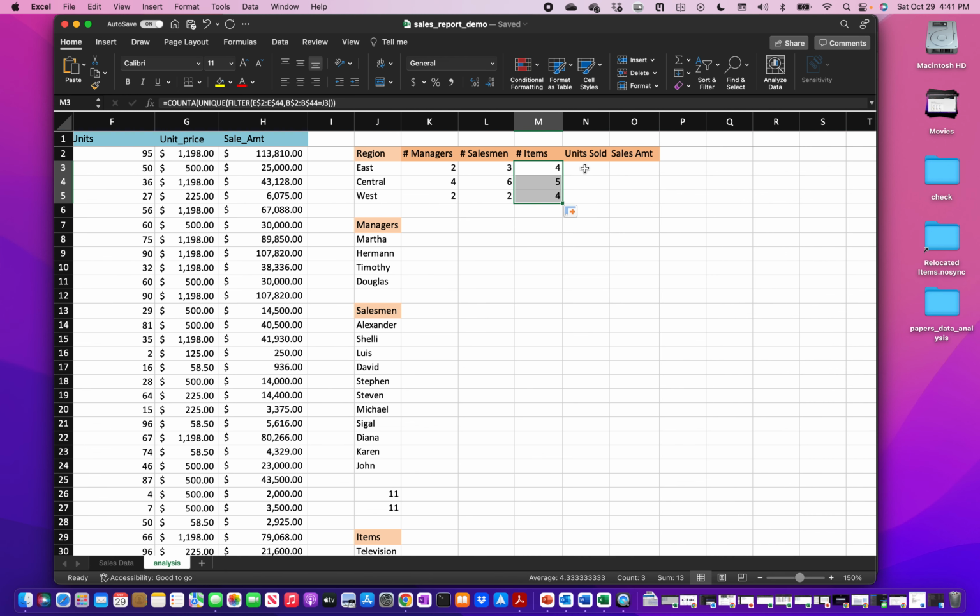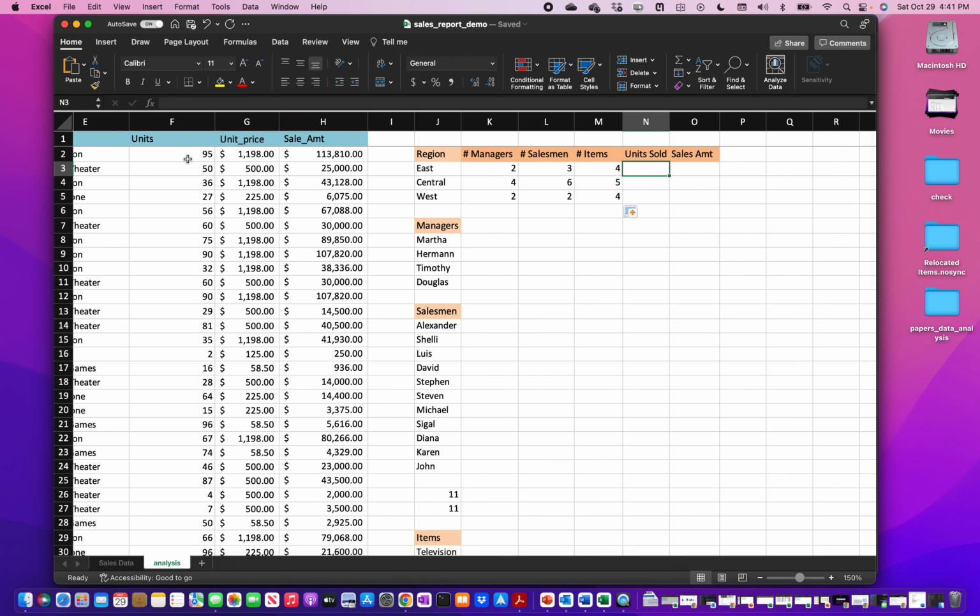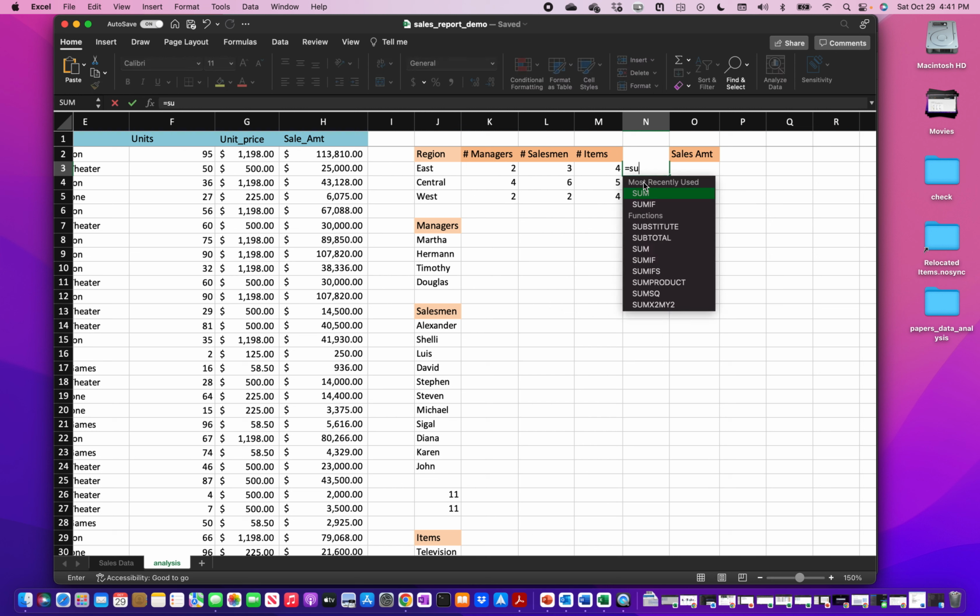Now for the units sold function, we have to use SUMIF function, right? Because for each region, we want to add how many units were sold. Okay, so we'll use SUMIF here. Just SUMIF because we have only one condition, like we just want to sum based upon the region. So only one condition here. So SUMIF